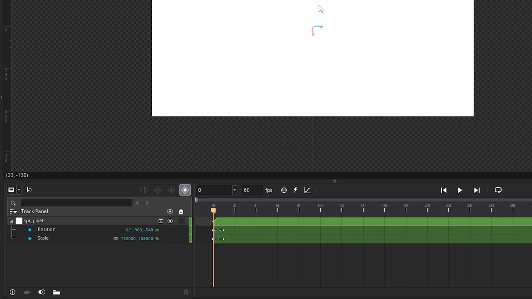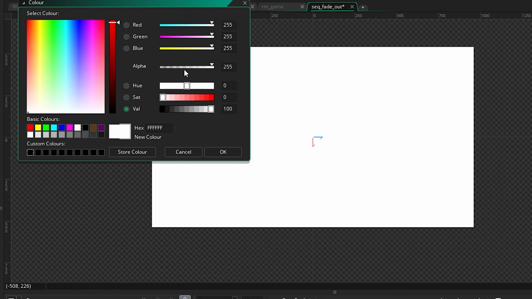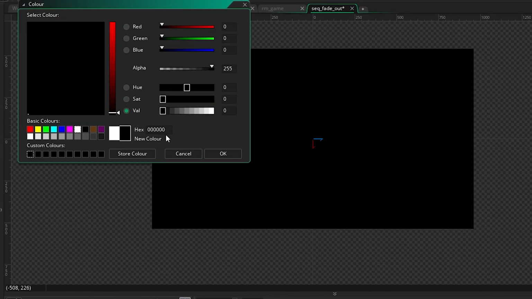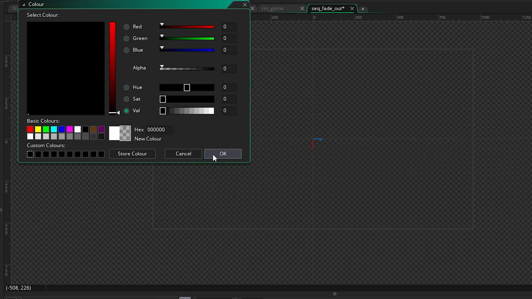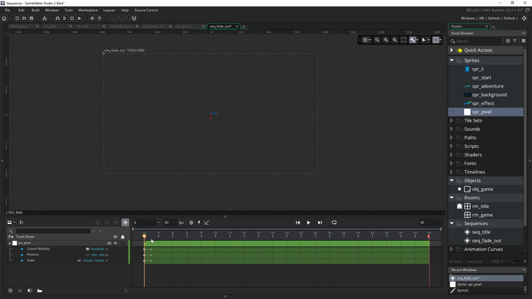Now I've made the pixel white so that you can have transitions of different color if you need. I just want to have a black one for now, so I'm going to go and change the color multiplier and make sure our playhead is at the start and just set this to black. But I'm going to set the alpha to be 0. And that's because our fade out starts with an alpha of 0 and eventually it increases to an alpha of